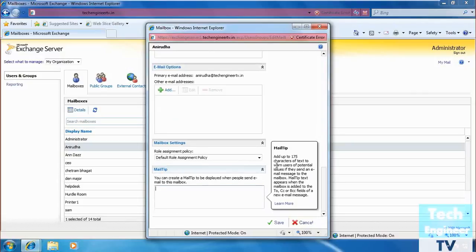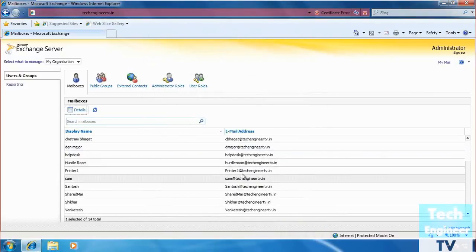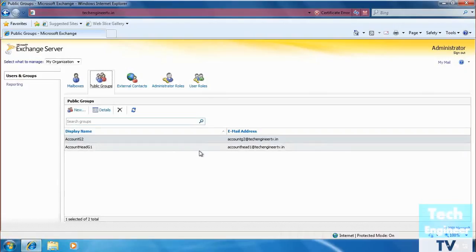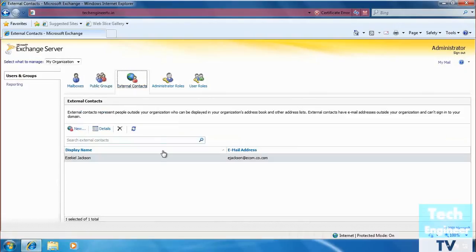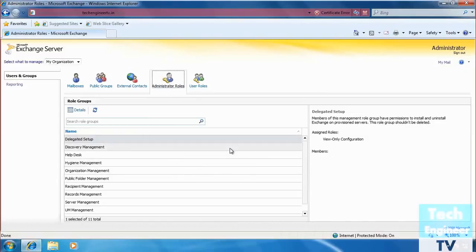So as of now, canceling from here. This is what the admin's job is. An admin basically configures the entire Exchange server through a web browser. They don't always sit on the main Exchange server system. Through client computers, they always have computers of their own. So there are public groups, external contacts, whatever you have in the system, it will start reflecting. And administrator roles including